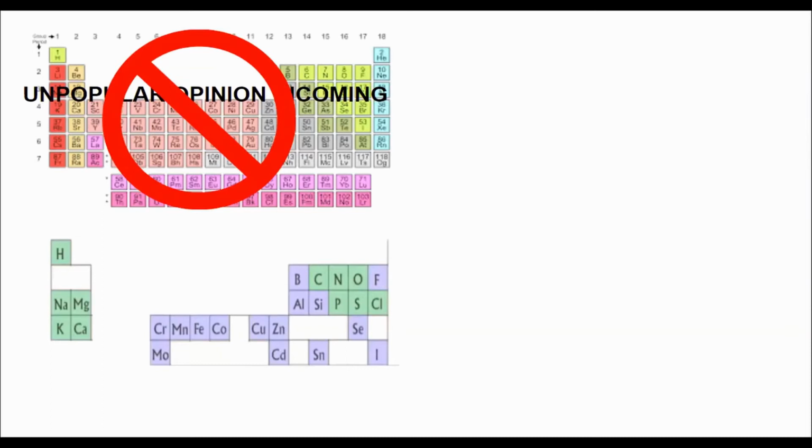Well, skip this part if you already know what they mean, but if you don't or you need recapping, H is for hydrogen, B is for boron, C is for carbon, N is for nitrogen, O is for oxygen, F is for fluorine, Na is for sodium, Mg is for magnesium, Al is for aluminium, Si is for silicon, P is for